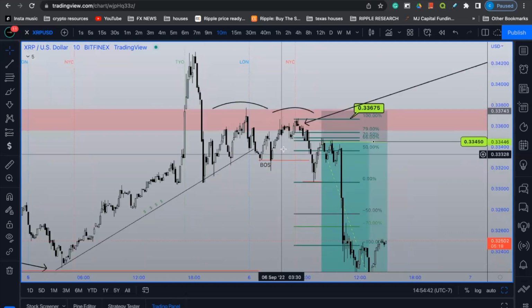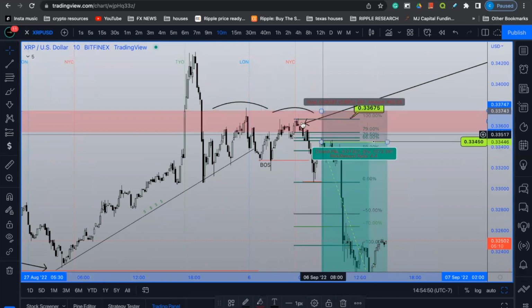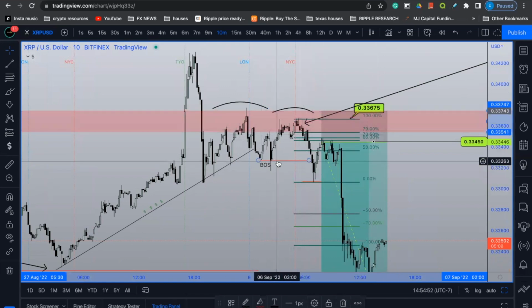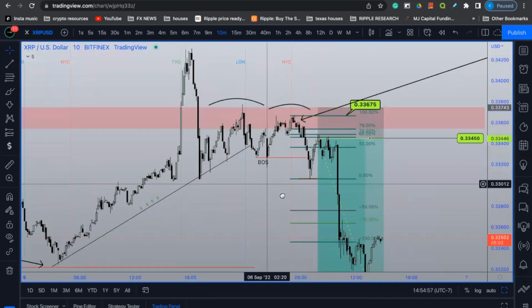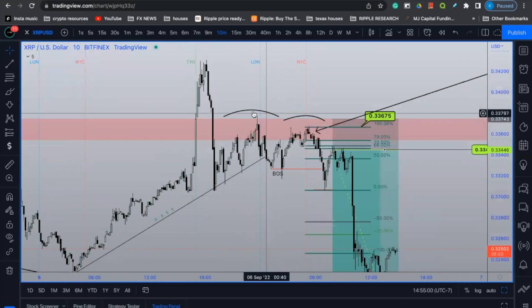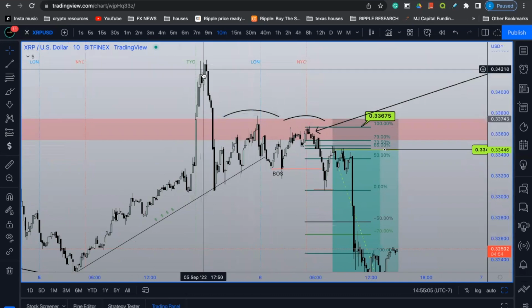And after that price action came into fruition, we see another rejection of this red highlighted area, a rejection of the 33675 psychological level that leads to a market break in structure. As you guys can see, this bearish impulsive move broke this previous market structure. As above, so below, guys and gals, these would be the higher lows in a bullish scenario that are created after a liquidity grab. Well, in a sell scenario, these are the lower highs that are created after a liquidity grab.